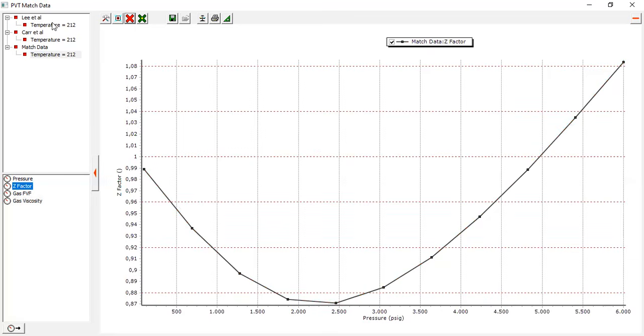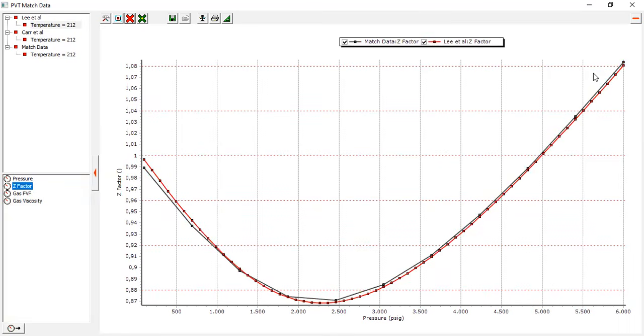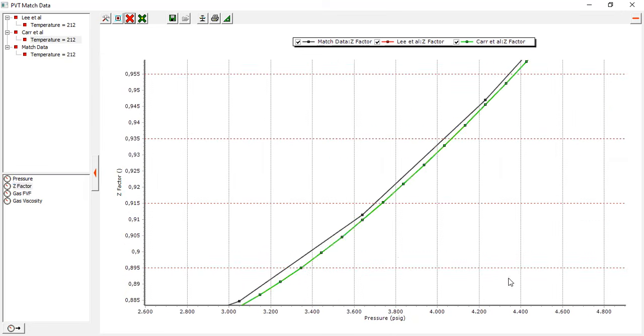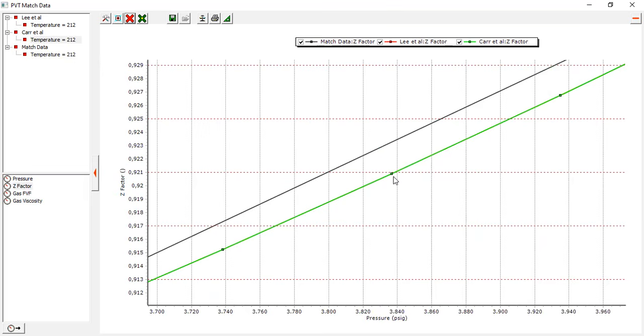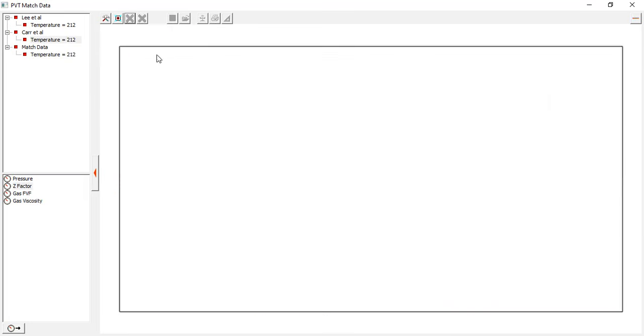Black line, Lee et al., Z factor. Here, Carr et al. So both Lee et al. and Carr et al. don't match very well for Z factor. If I zoom out, Carr et al. and Lee et al. are the same for Z factor, but they don't match very well with laboratory data, which is fine. So still, Lee et al. is better.